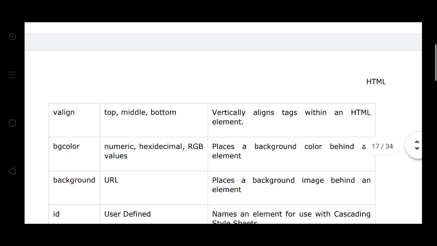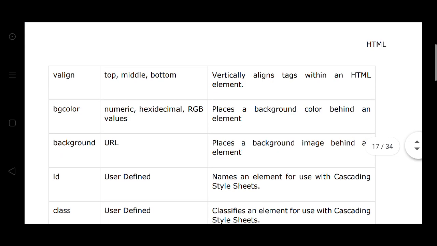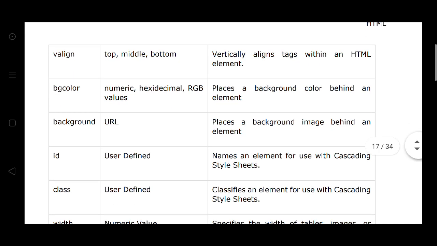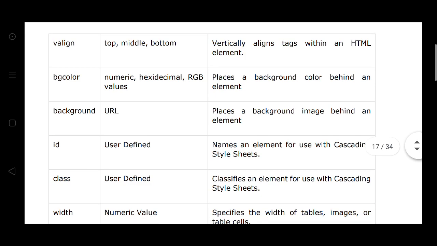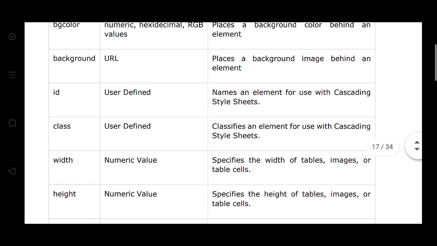Then bgcolor, this is background color: numeric, hexadecimal, RGB values placed on the background color behind an element. Background: URL, placed on a background image behind an element. ID: user defined, name of the element in the cascading style sheet, CSS.